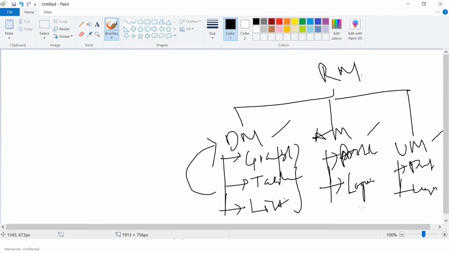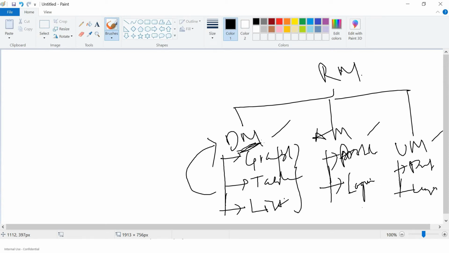Now let's say I have this dashboard module which is connected to the root module. What I have to do now is import this particular module, the dashboard module, inside the root module.